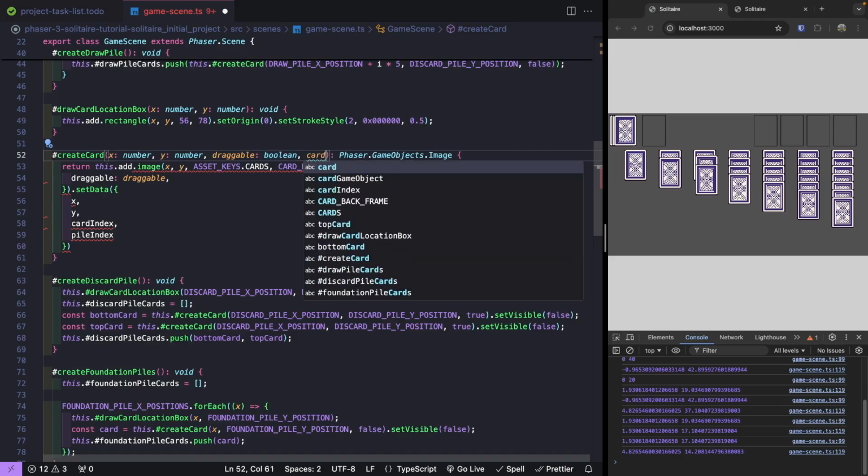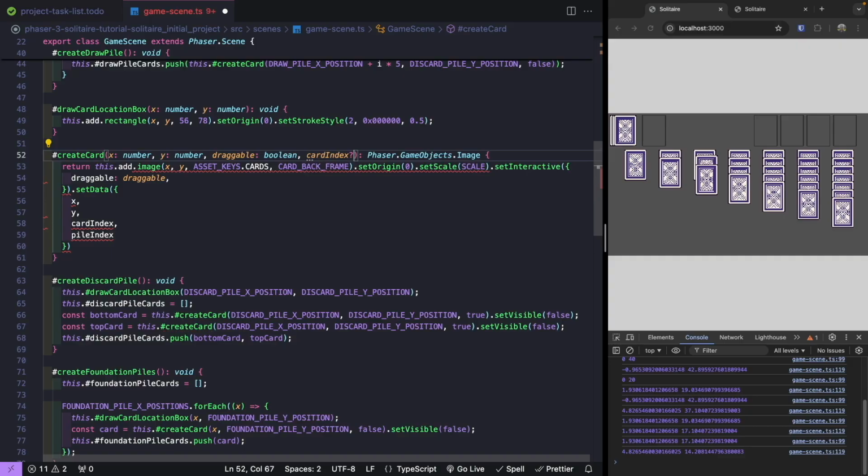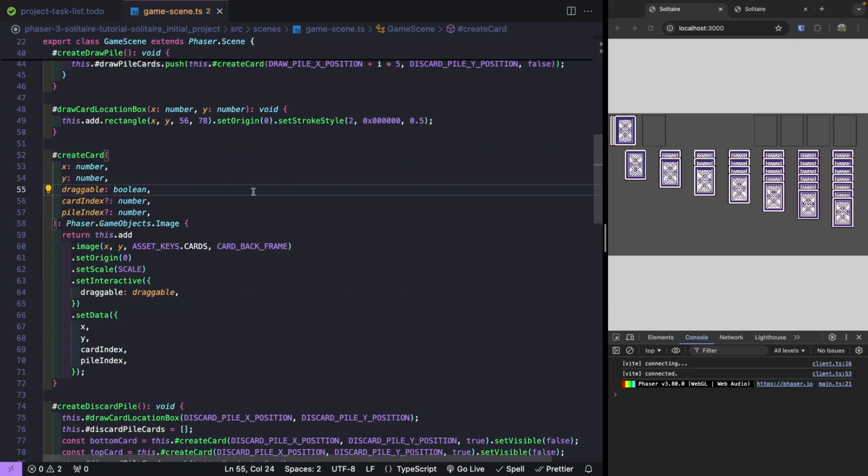And so what we'll do is we'll add our card index as an argument. This will be a number, and then we'll have our pile index, which will also be optional, and this will be a number. All right, so now that we update our create card method, what we want to do is